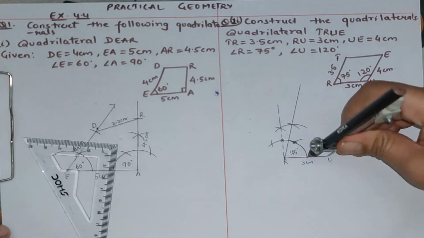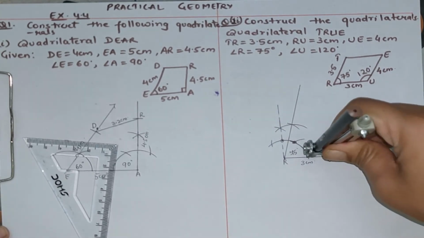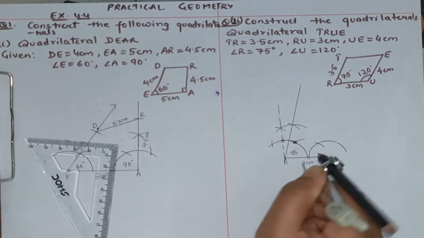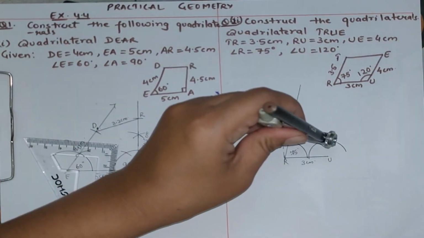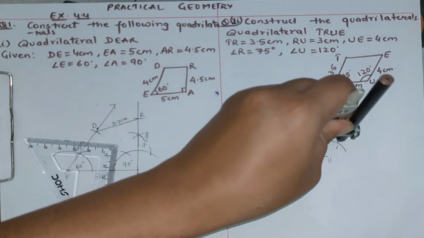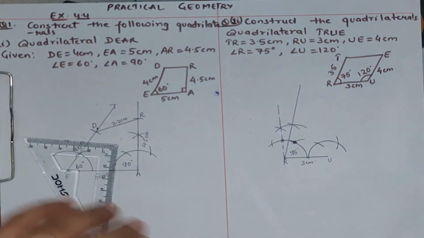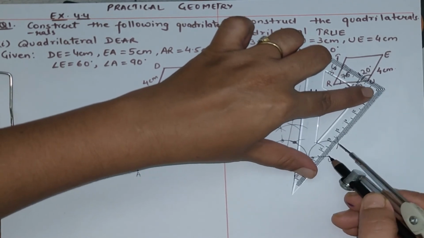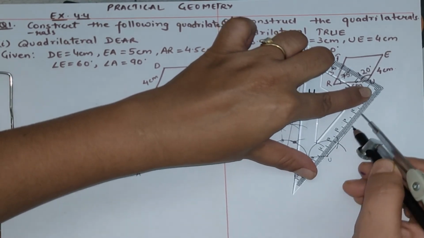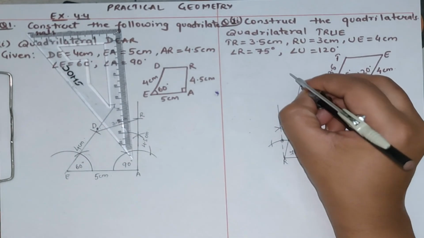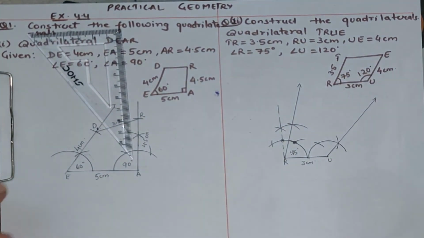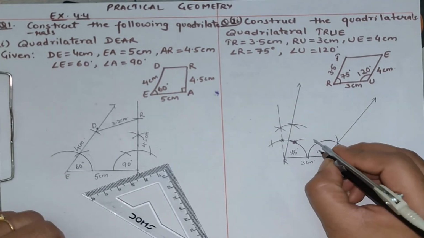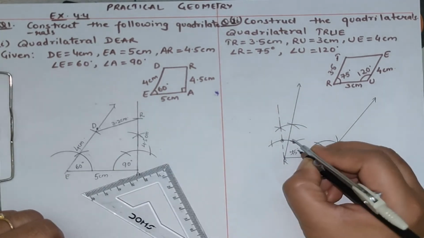Then point U. Take any arc, cut an arc like this. First arc is always 60 degrees and second arc is always 120 degrees. 60 and 60 is 120 only. Very simple to construct 120 degrees with the help of the compass. These are the basic rules. You need to keep all these things in your mind while doing the constructions. So RU is here, 75 degrees is here, 120 degrees is here with you.